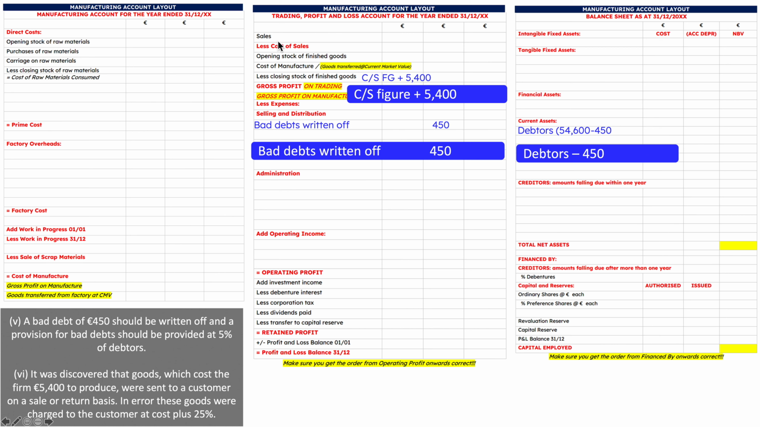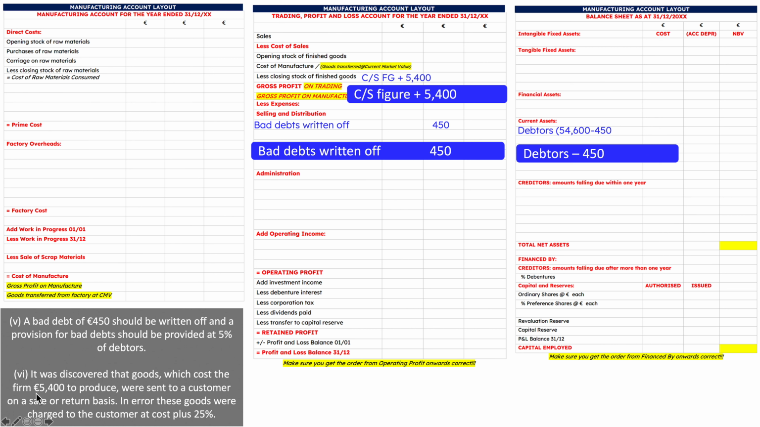But then we need to find out what the selling price is and take that away from sales and take it away from debtors. So 5,400 is what it cost them to produce it, and the selling price was the cost plus 25%. So 5,400 multiplied by 125% is 6,750, which we take away from sales and which we take away from debtors. So that's given us a final debtors figure there of 47,400, which when we multiply by 5%, we will get a bad debts provision of